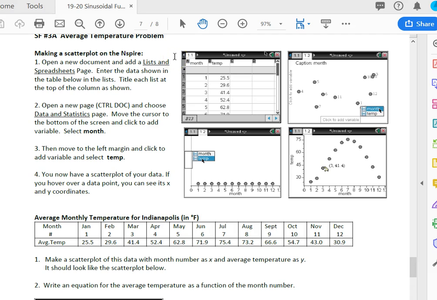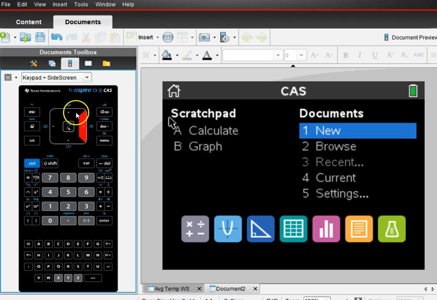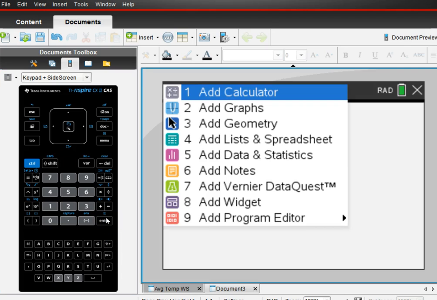So the first thing we're going to do is open a new document and add a list and spreadsheets page. Start by just hitting the on button in your calculator, which will bring up this screen, and then you're going to want to go to a new document and push enter. Now, if you already have an old document on your calculator, it might say, do you want to save this? And unless you actually want to save it for any reason, just push no, and it will open a new